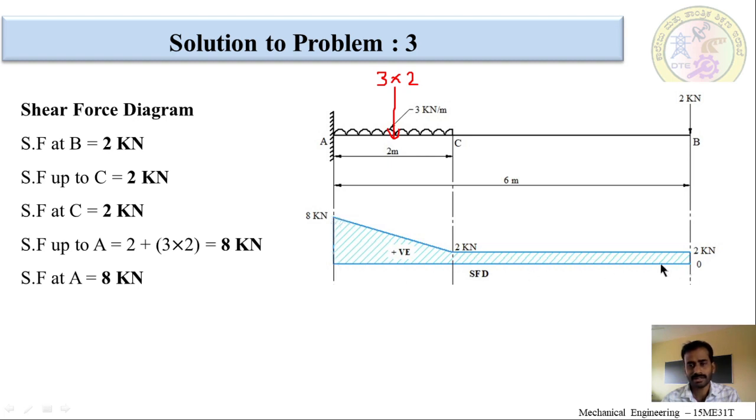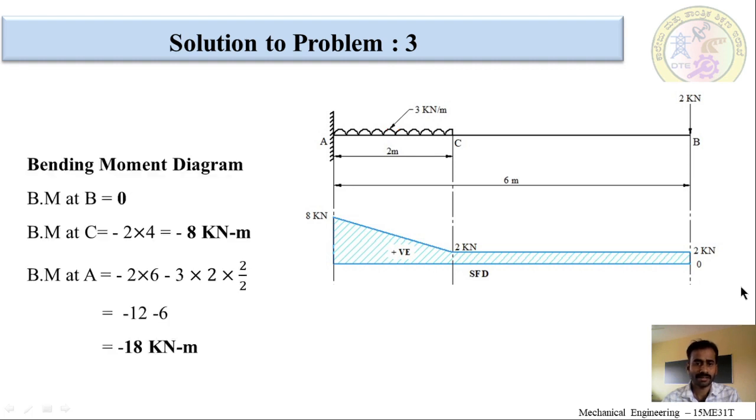So, this is the shear force diagram, and hatch the sketch and you have to mark it as positive, because we are considering a section which is on the right side and the forces are downwards. So, as per the sign convention it will be positive shear force. Okay. Now, moving on to the bending moment diagram.